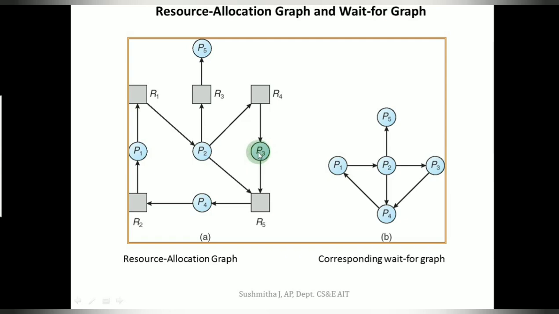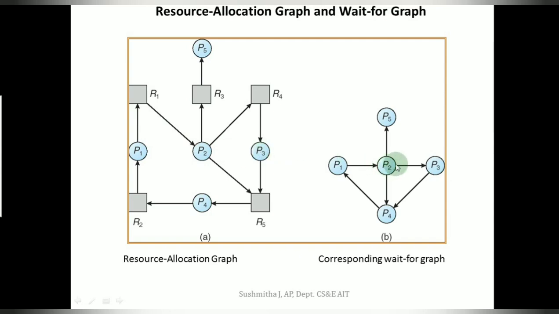Process P3 is holding the resource R4 and is requesting R5. Process P4 is holding the resource R5 and is requesting the resource R2. Process P5 is holding the resource R3. Now, the same resource allocation graph is converted into the wait-for graph, removing the resource vertex and collapsing the